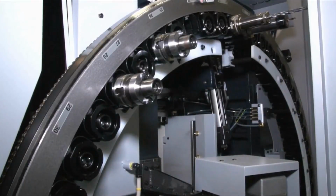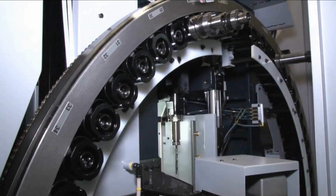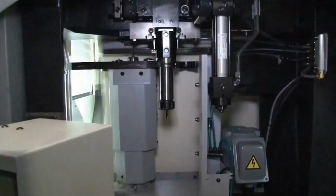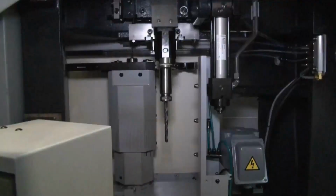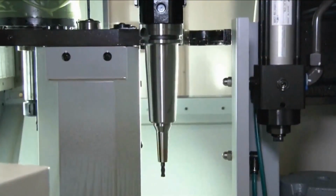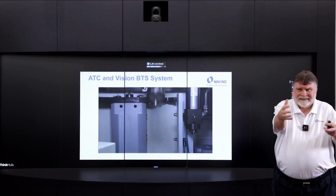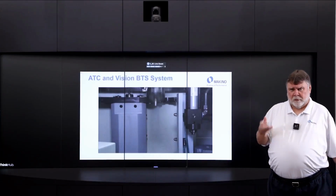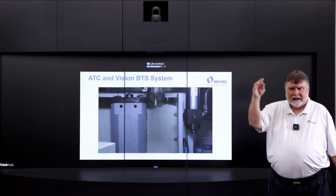Tool changer, classic ATC 60. You'll see there the drum, the ring goes down. You'll notice that flash of light. That's the vision broken tool sensing standard on the machine. What we do is we take a digital image of that tool. We take it as it's going into the work zone. We take it as it's coming out from the work zone. We compare that to what it ought to be, and we can detect